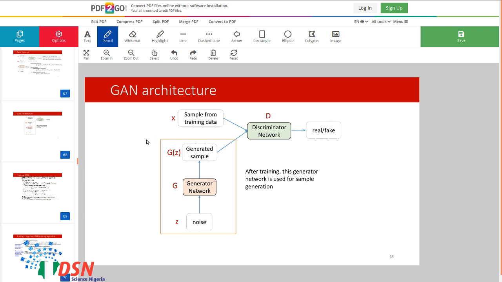Okay, so now after the training we could just use this part to generate samples from the true distribution. After training the GAN, we could just use the generator network with some random inputs to generate some new samples.